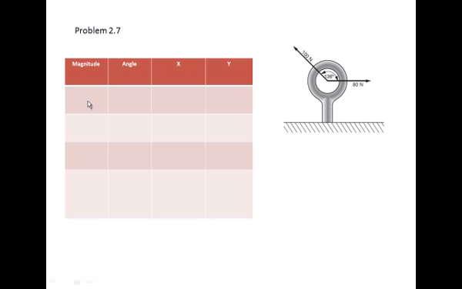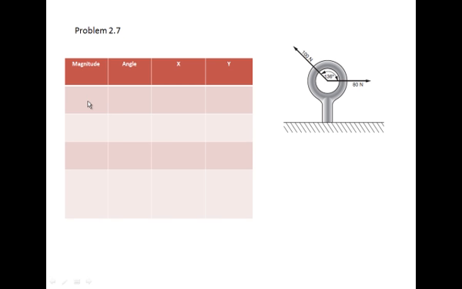This is problem 2.7 on page 52. You're basically looking at this eye bolt, and it has two forces on it, concurrent forces, and you are to calculate the resultant force. The resultant of concurrent force systems is easily found by using the